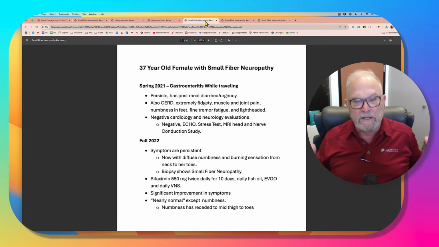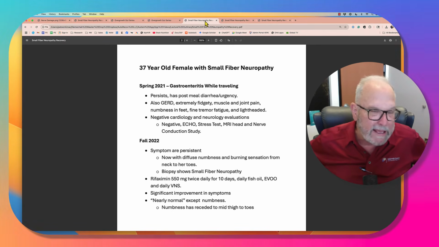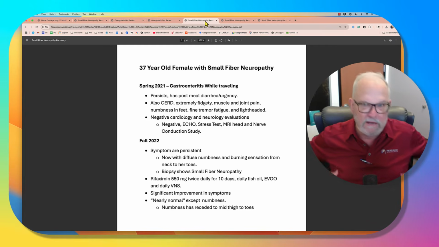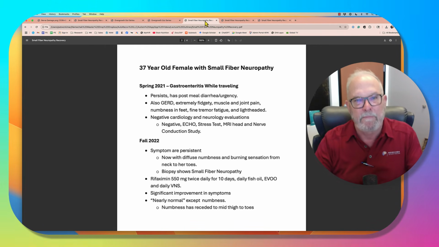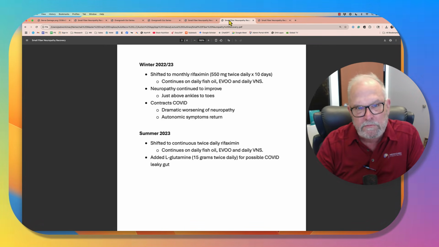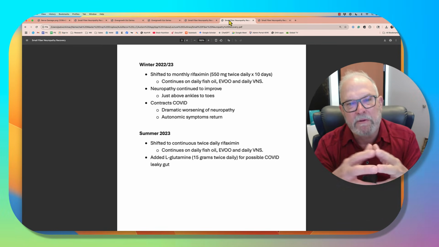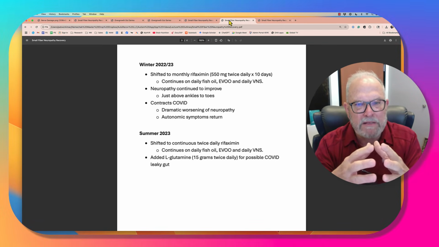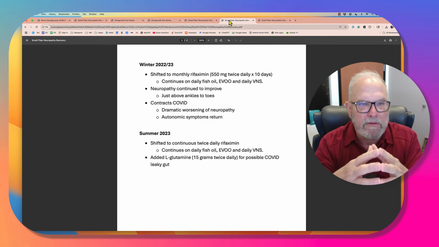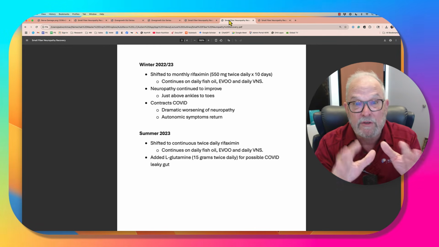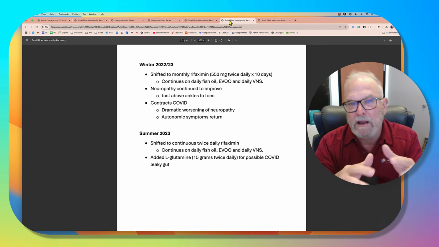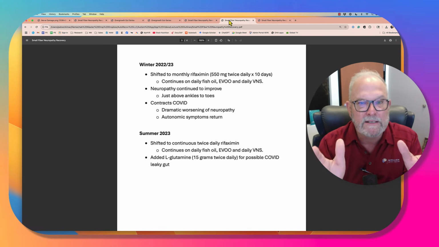for the numbness. Although it improved, it was still at kind of mid-thigh level down to the toes. I mean, she had a lot of relief from that. So instead of just that one course, she'd come back, we said, maybe you're relapsing some. Let's put you on 10 days a month, what I call monthly rifaximin. So it's twice a day. She stayed on her fish oil, olive oil, VNS, and